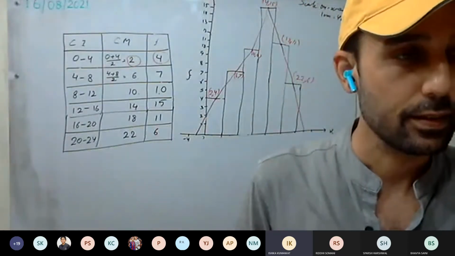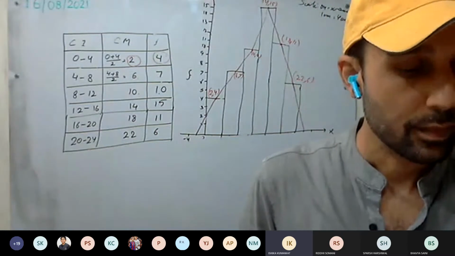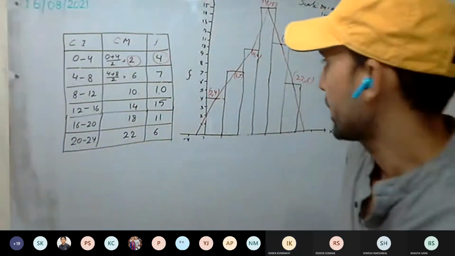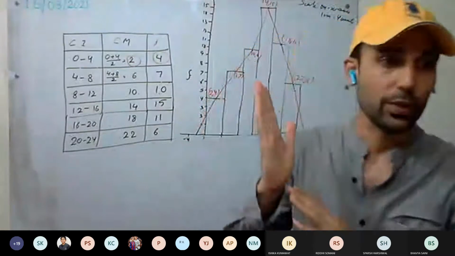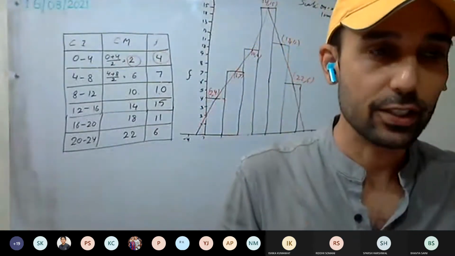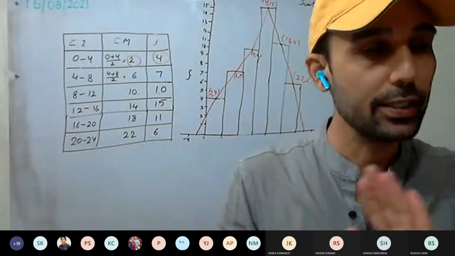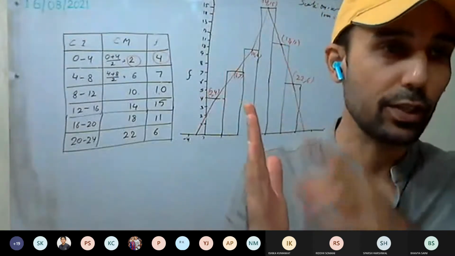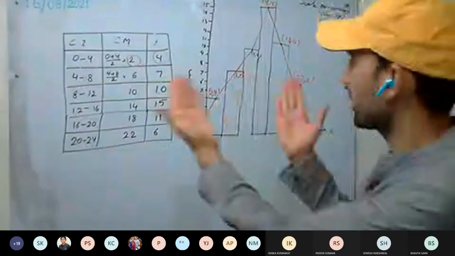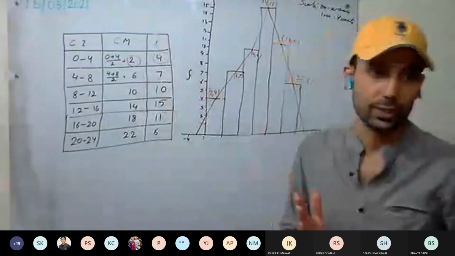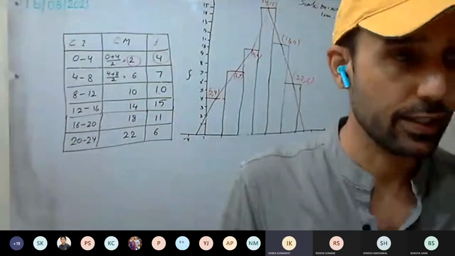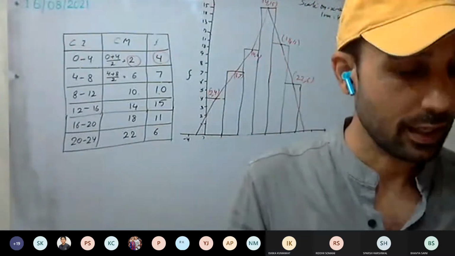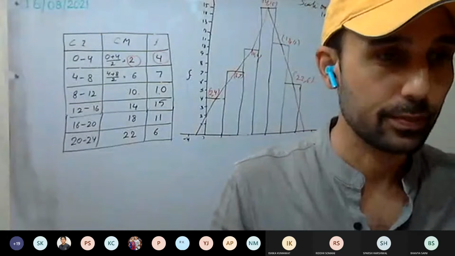Yes, we have to make this table and this graph on both in the graph notebook. What you can do is make it in your fair notebook and cut and paste from graph paper. That is one way. Or if you want to maintain a separate graph notebook, you can do that: in the lined pages you can make the table and on the left side, the graph paper, you can draw the graph. That way as well you can do. That's up to you. You're free. Yes, you can cut and paste as well. How you do it is fine.